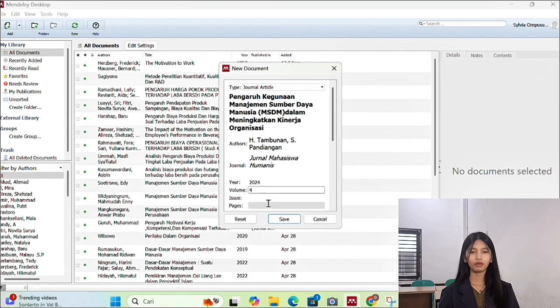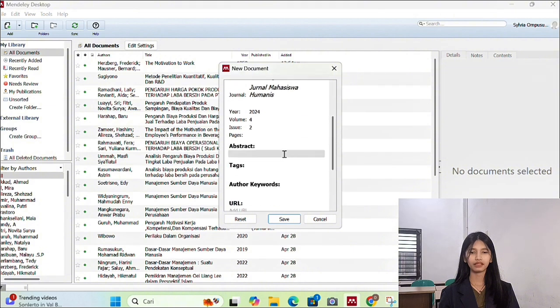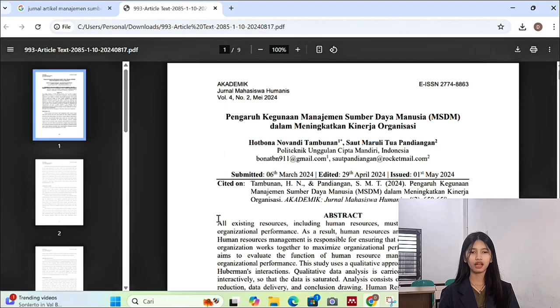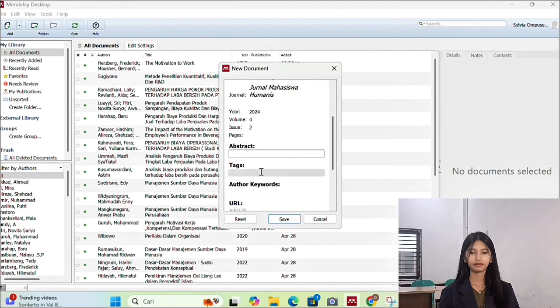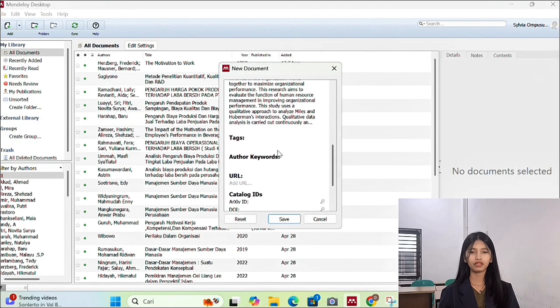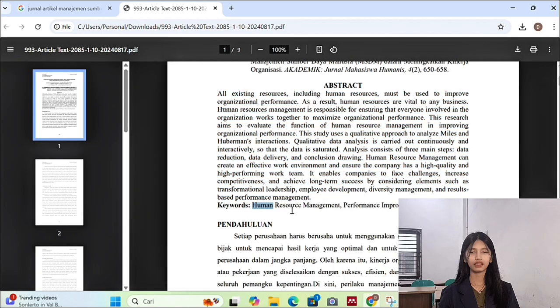The next column is page. We can see this journal has 9 pages. Abstract is from the journal also, and then we can ignore the text. The author keyword is right below the abstract.